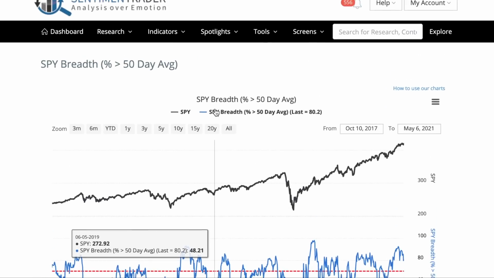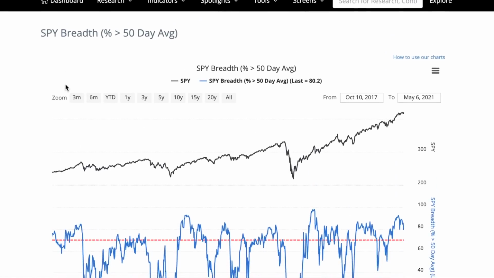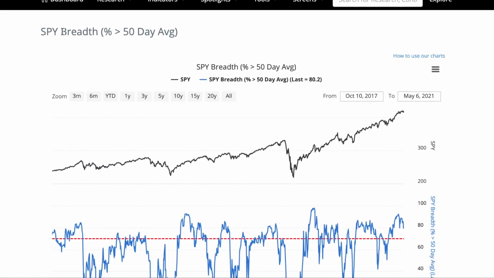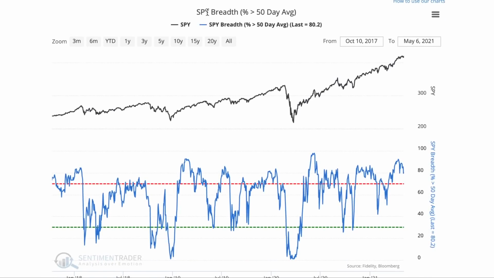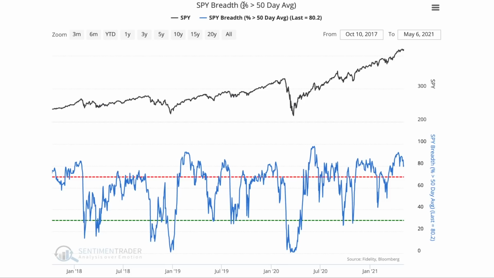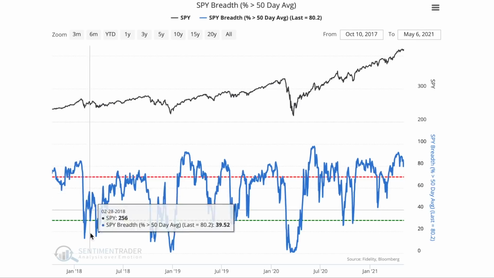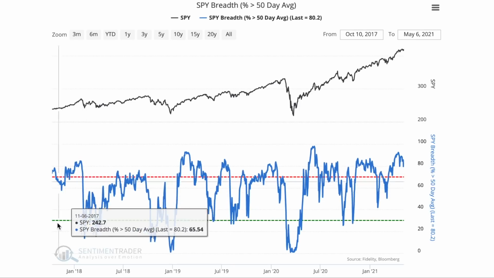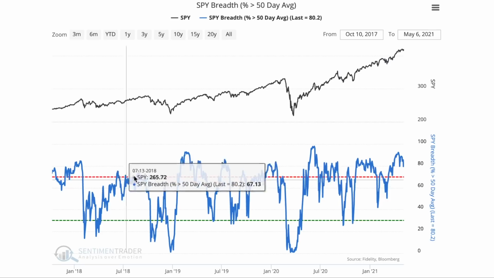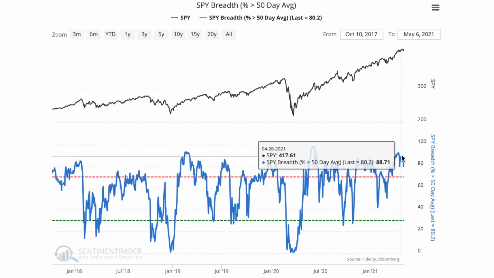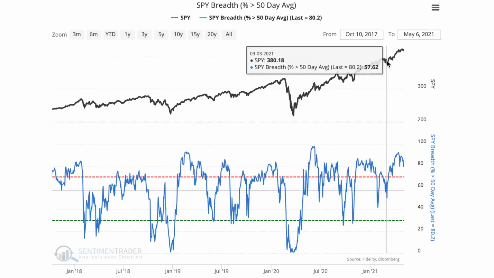All right, so let's begin by taking a look at the intermediate term picture. We're going to take a look at the market breadth on the S&P 500. More specifically, this is the percentage of stocks that are above their 50-day moving average. And what you get is this indicator in blue right here that goes from extremely bad market breadth to very good market breadth. And you'll notice right here in this last leg up that we had on the stock market,